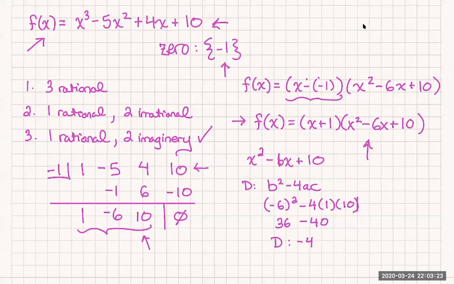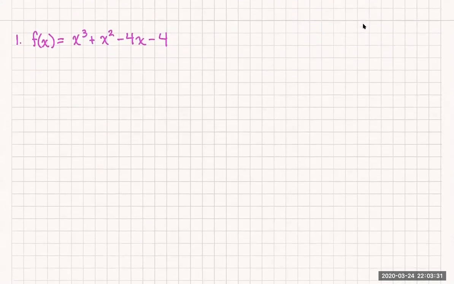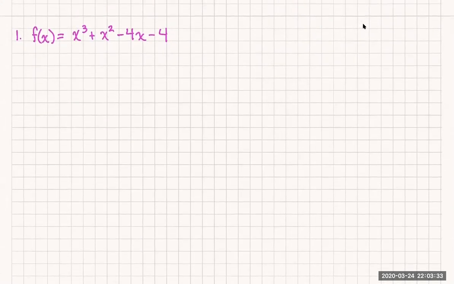Now, most of the time, they will not give you the zeros like this. Most of the time, they'll say, here is a polynomial, x cubed plus x squared minus 4x minus 4. Rewrite this as a product of linear factors and irreducible quadratics. So what do I do? Well, first I need to find zeros. I can use the rational root theorem, but before I even do that, if it's a cubic, what do I expect? Well, I either expect three rational